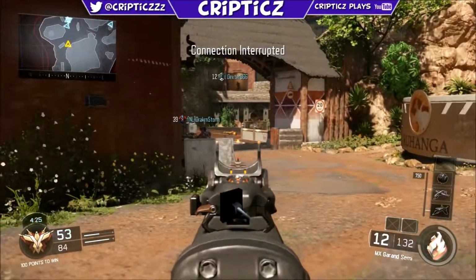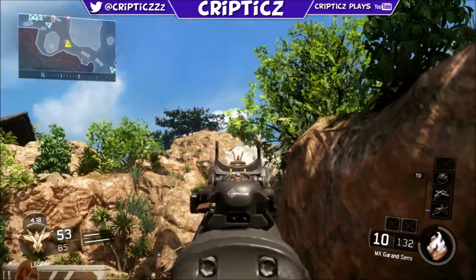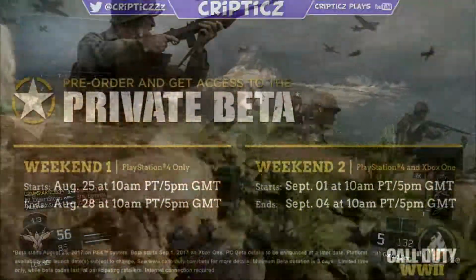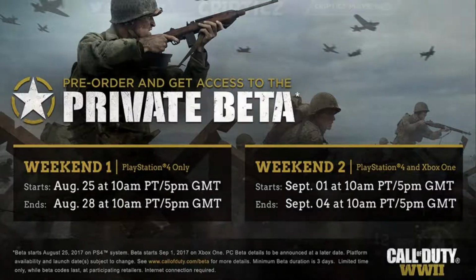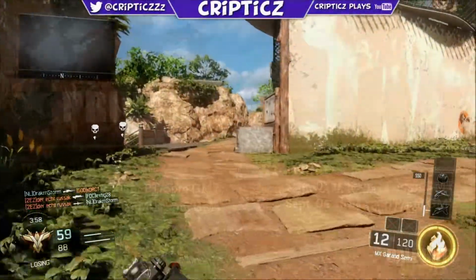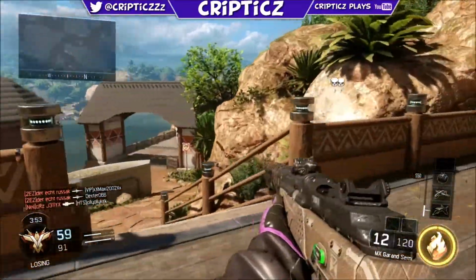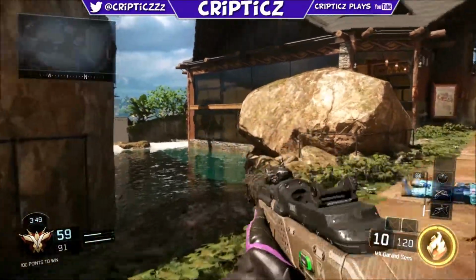So moving on now, the beta for Call of Duty World War II, weekend 1, August the 25th, 10 AM PST to 5 PM GMT, starts and then ends August 28th at 10 PM Pacific time, or PT, and 5 PM GMT. That is for PlayStation 4 only, because obviously Call of Duty is still a PlayStation exclusive, which kind of